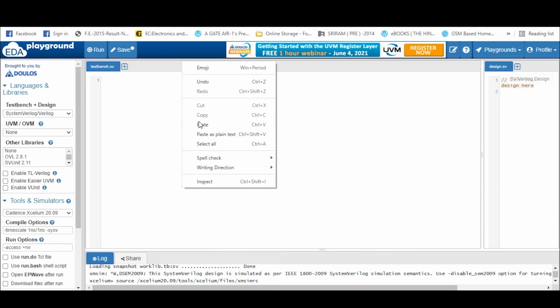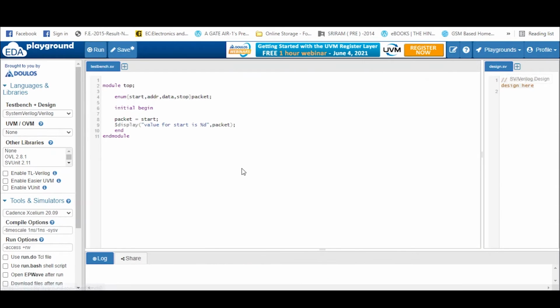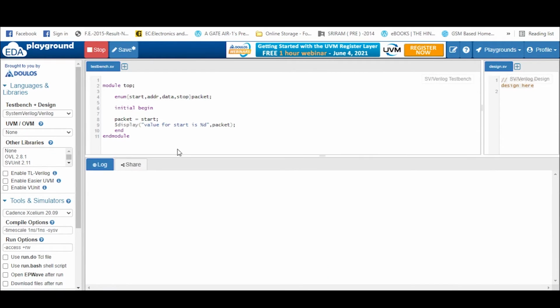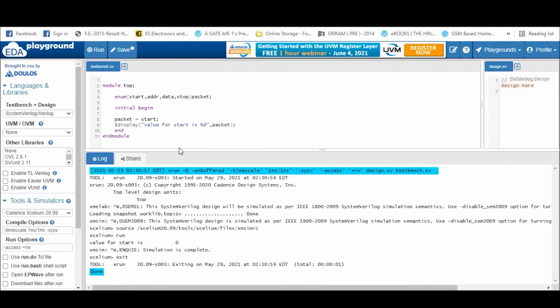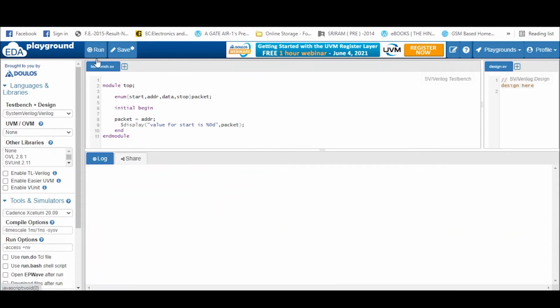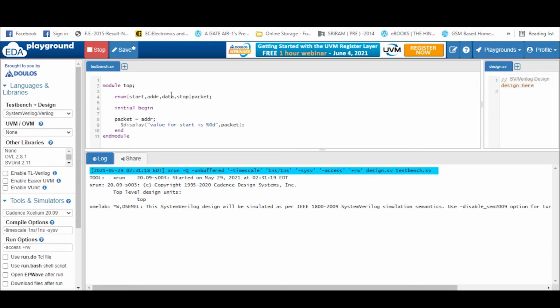Let's see how it works. If you see here, the value we are getting is 0. Suppose we initialize it as address, the second one, so we should get the value 1 because it is incremental: 0 1 2 3 4.